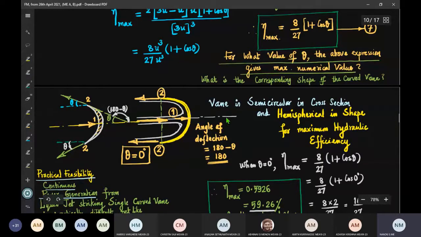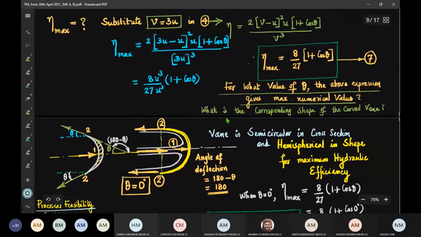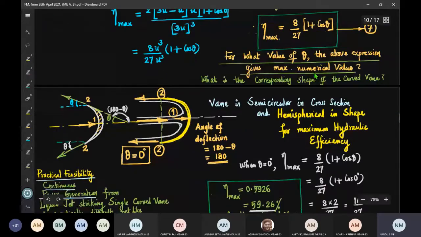Just like we explained earlier in the case of hydrodynamic thrust and the work done per second, the output power, this is as theta becomes 0, the angle of deflection of the jet will be 180 degree. See, this is the jet when the vane tip angle theta is a non-zero value. This is the diagram, and the jet strikes and gets deflected like this. Angle of deflection is 180 minus theta, and this inside angle is theta. You know this well. And now you consider the case when theta is 0.